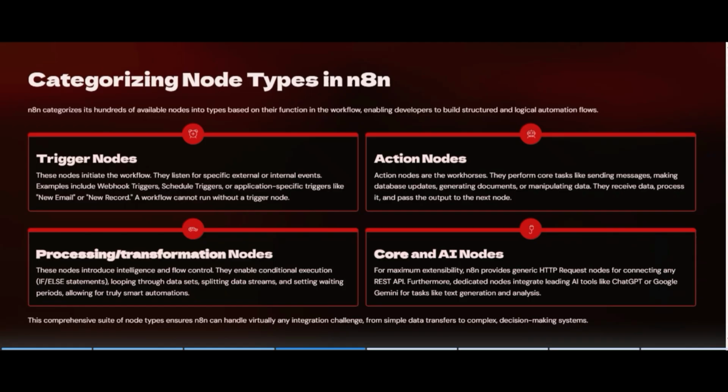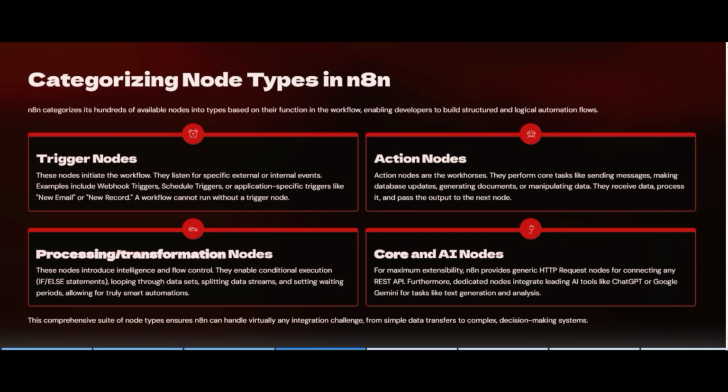This is the best part, because it opens the door to making agentic workflows, and you can use HTTP requests for connecting any data, any app. n8n has more than 400 app integrations, but if you want to connect an app that is not available in n8n, you will use the HTTP request node.